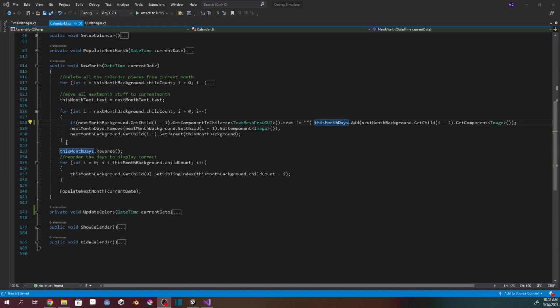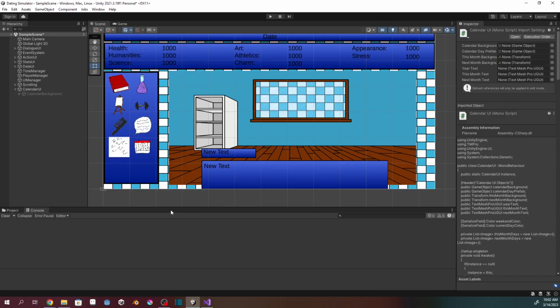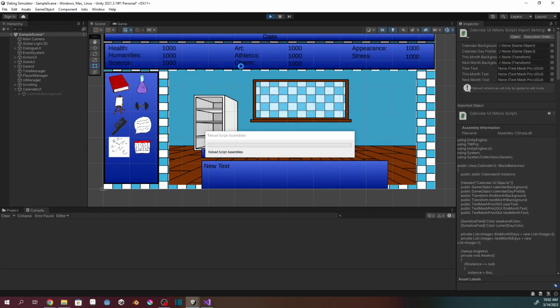So it ended up being easy enough to fix. Basically all I did was I added a check, and if the child's textmessagepro.text is empty, then we're not adding it to the list of objects. And since they're not getting added, they're not being considered for the color placement. So now if I play,